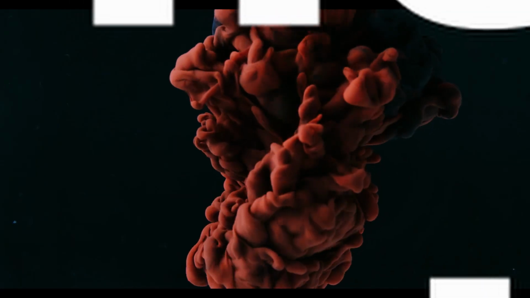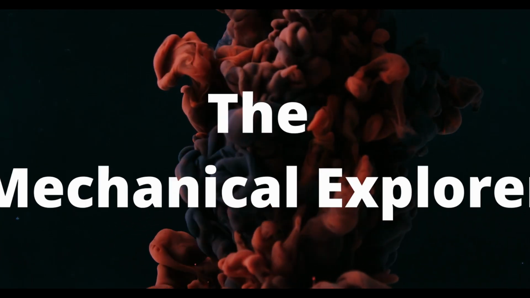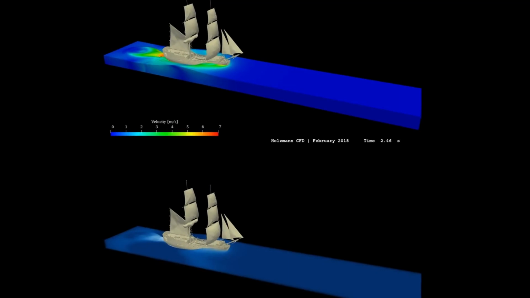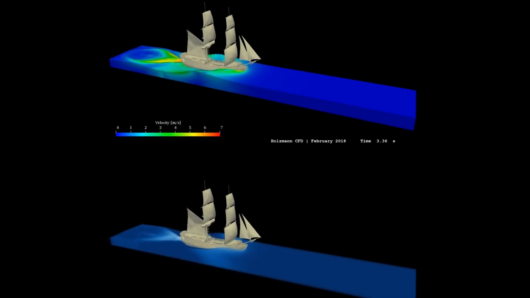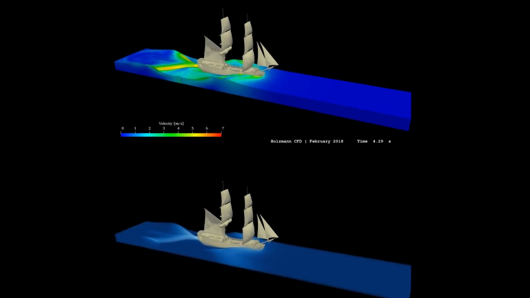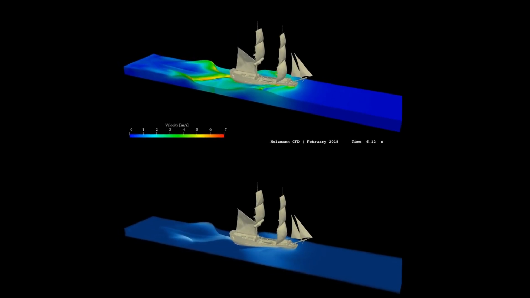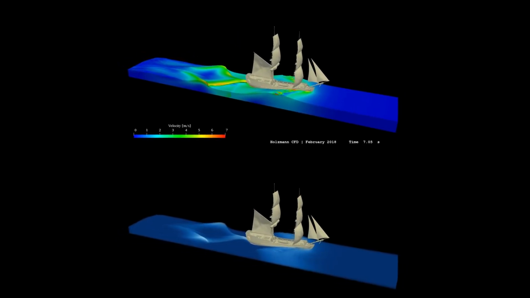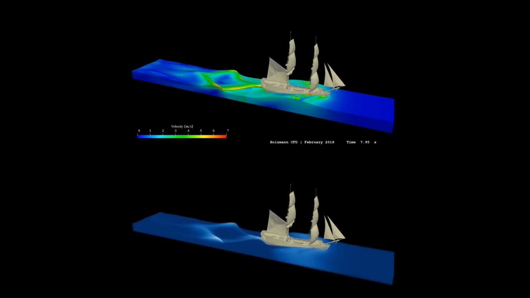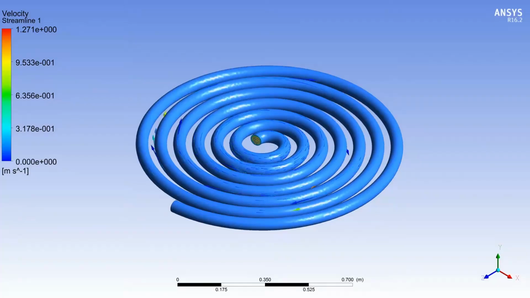Welcome to Mechanical Explorer. In today's video, we discuss CFD, Computational Fluid Dynamics. Computational Fluid Dynamics is a science that, with the help of a digital computer, produces quantitative predictions of fluid flow phenomena based on conservation laws like conservation of mass, conservation of energy, and conservation of momentum, which govern the